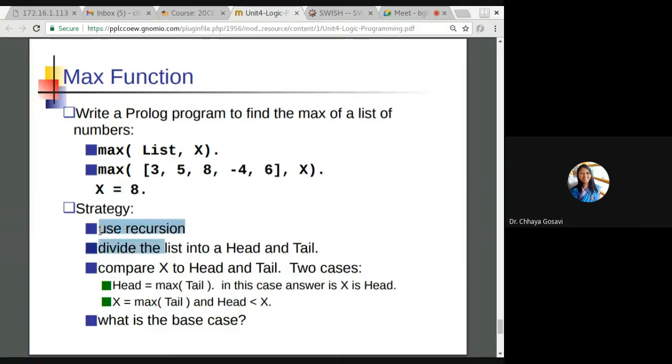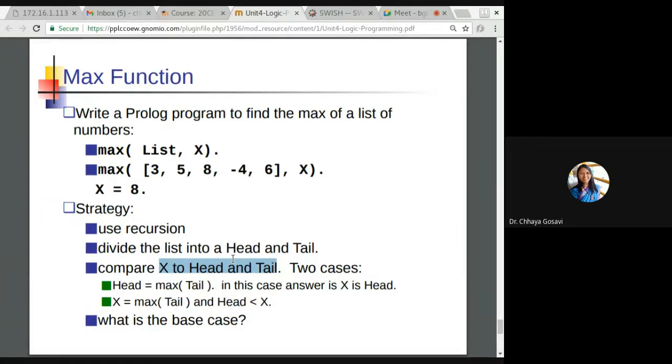The first thing is we have to use recursion. Then divide the list into head and tail. Compare x to head and tail. So assume some minimum value for x, and then compare it with head. If head is the max, then replace x with head, like how we write the logic for max, and then call it again with tail.